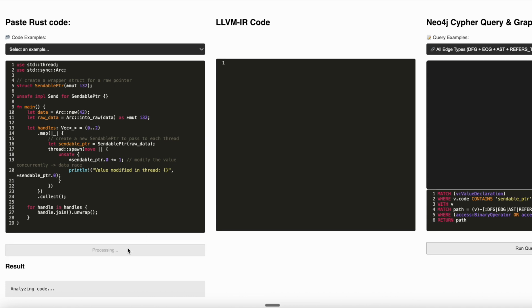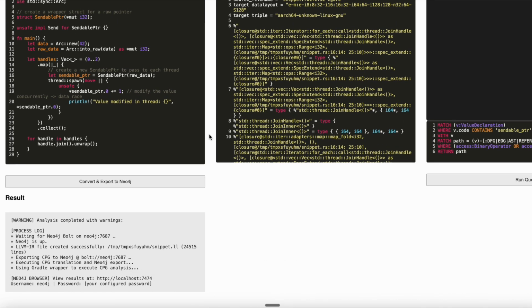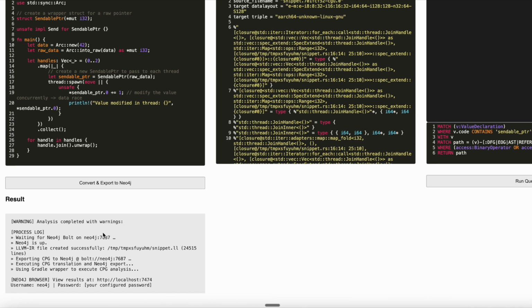Now I'll click Convert and Export to Neo4j to initiate LVing's analysis pipeline. Watch as the system processes this code through multiple transformation stages. First, LVing injects necessary headers and automatically annotates variables with metadata to track their lifecycle. The enhanced code is then compiled to LLVM IR with debug information enabled. The output shows the pipeline in action, waiting for Neo4j to become ready, creating the database schema, and executing the